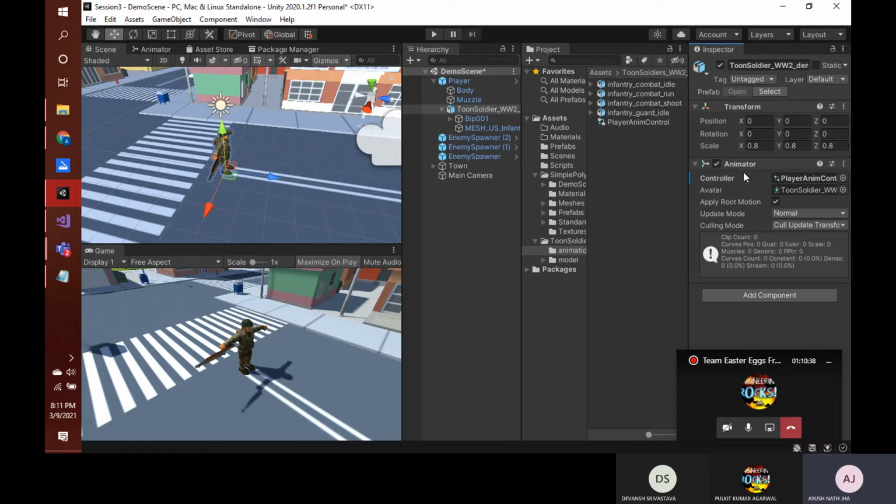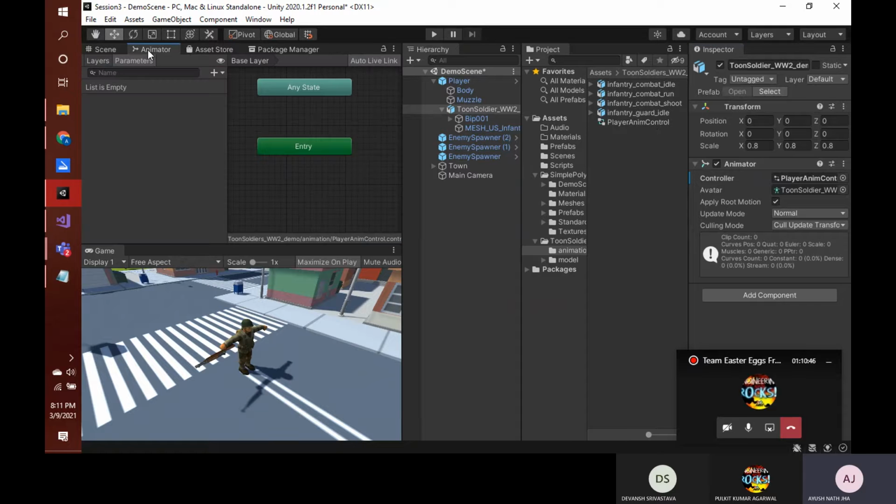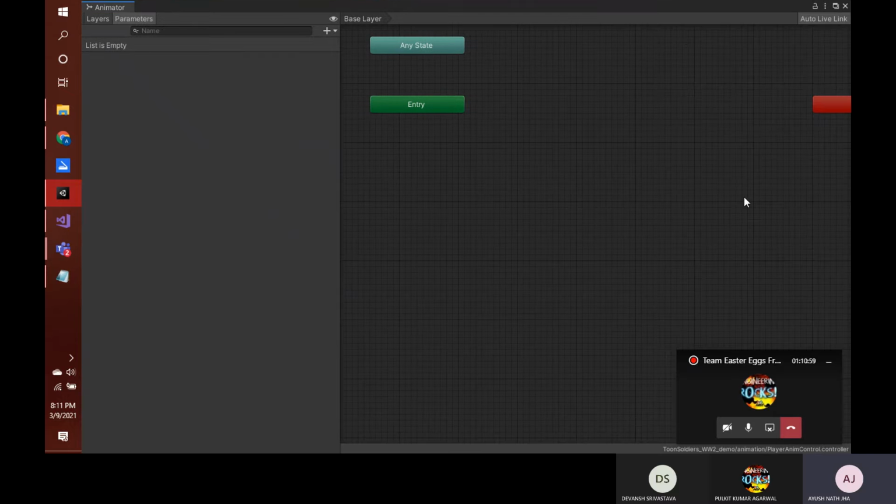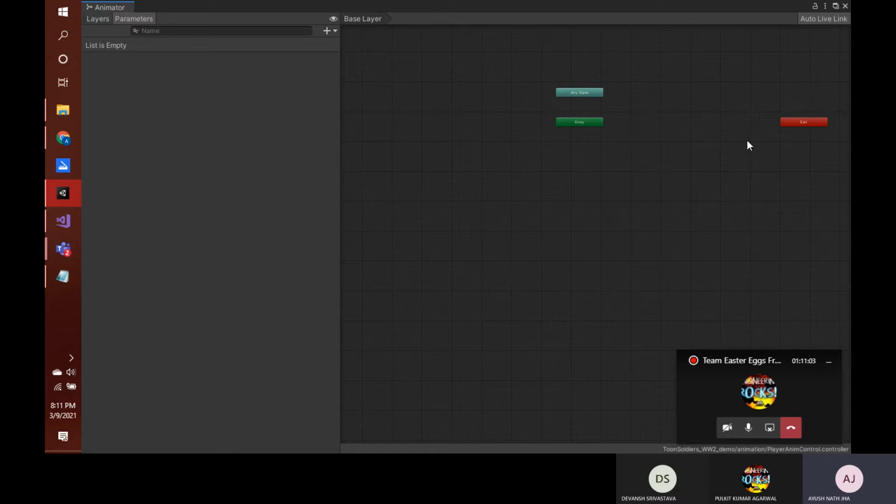So now the controller is added to our player, and if we double click on this controller, if we go to this animator window, you will see that we have this particular blueprint type of structure. If I just maximize it, you will see that we have this blueprint type of structure where we have this entry node, any state node, and exit node.